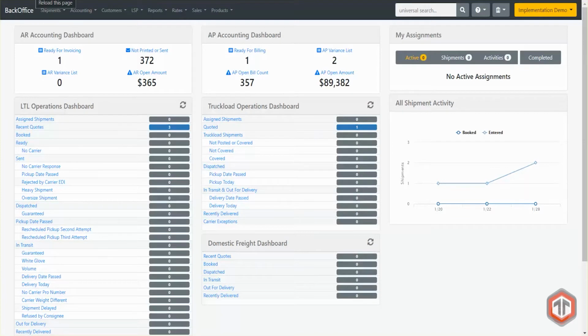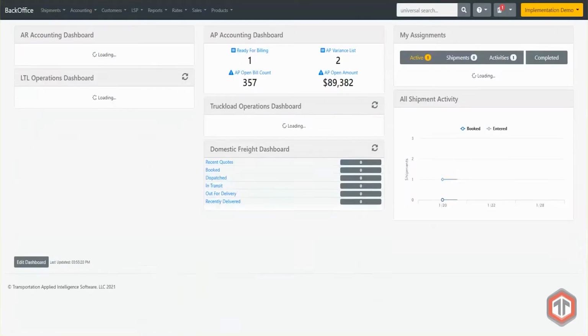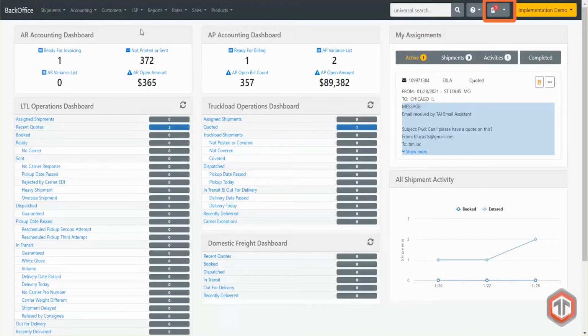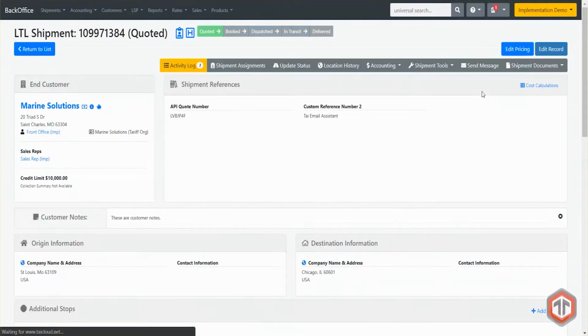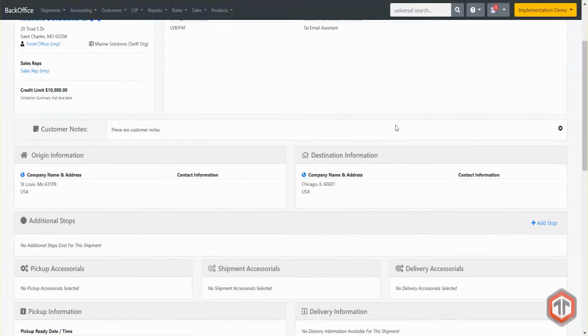The next time you refresh a page in the TMS, you'll notice a new alert badge on your user assignments icon in the navigation bar. That alert will coincide with an activity noting an email received by Ty Email Assistant. If you click this assignment, it will take you directly to the quote that was created on your behalf,